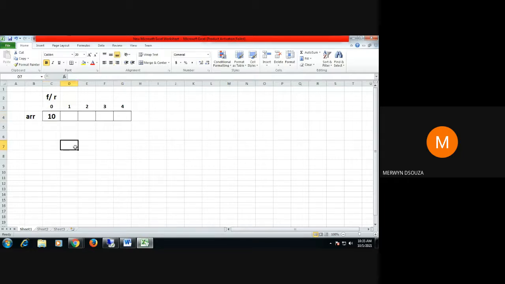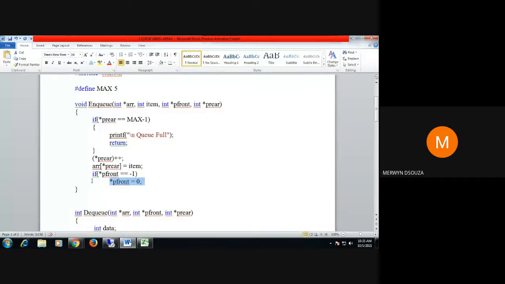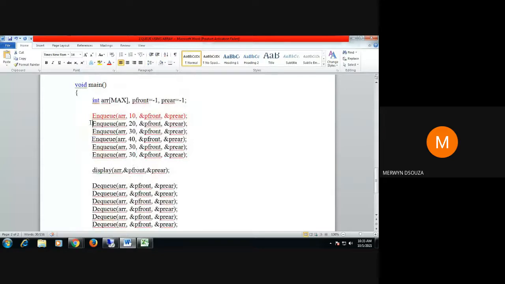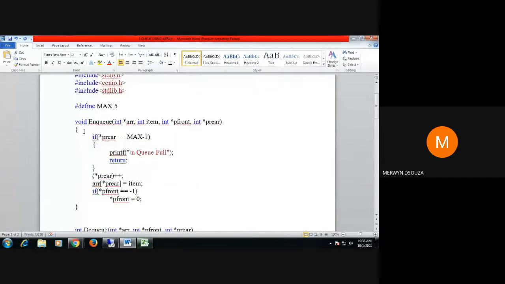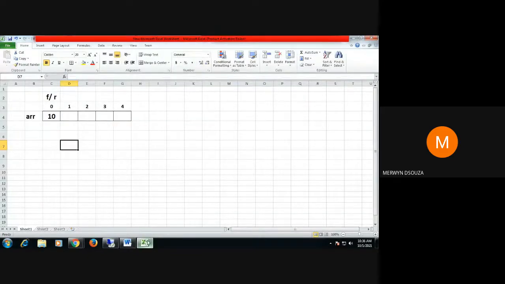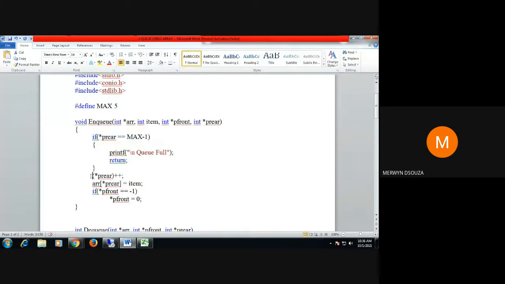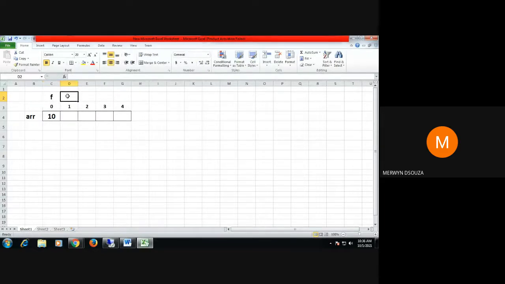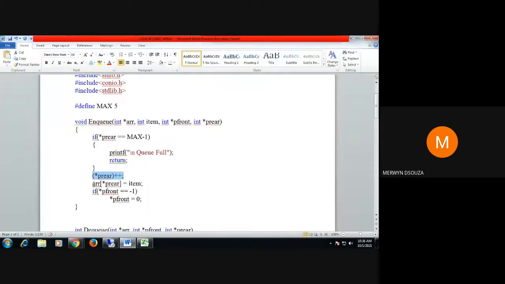Okay. So this is how the first insertion happens. When you exit this function, you go back to the main function, you come back here, and you will do a second enqueue. So now we want to insert a value 20. When we insert the value 20, we come here. Again, you will check the value of rear with max -1. Rear value is 0. Max -1 is 4. Not true. So you will come here, increase the value of rear. So now rear will become equal to 1. And there you will insert 20 using the next statement.